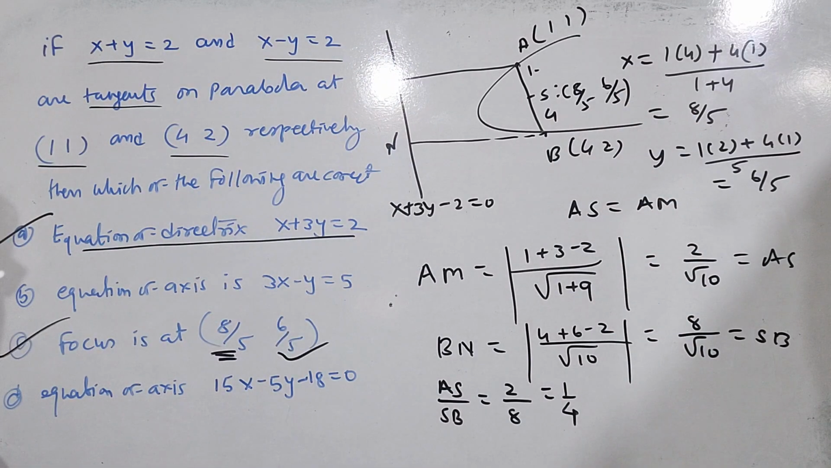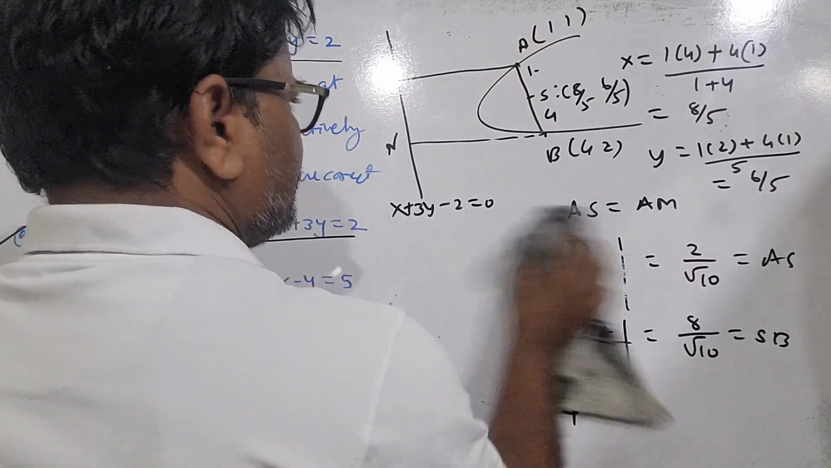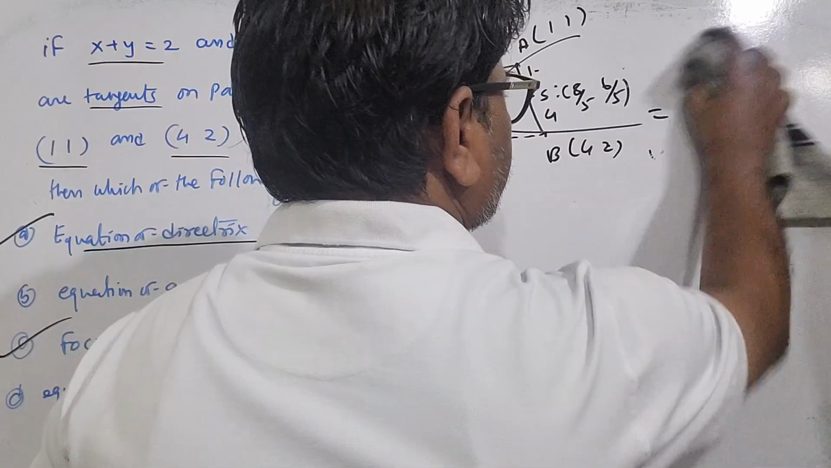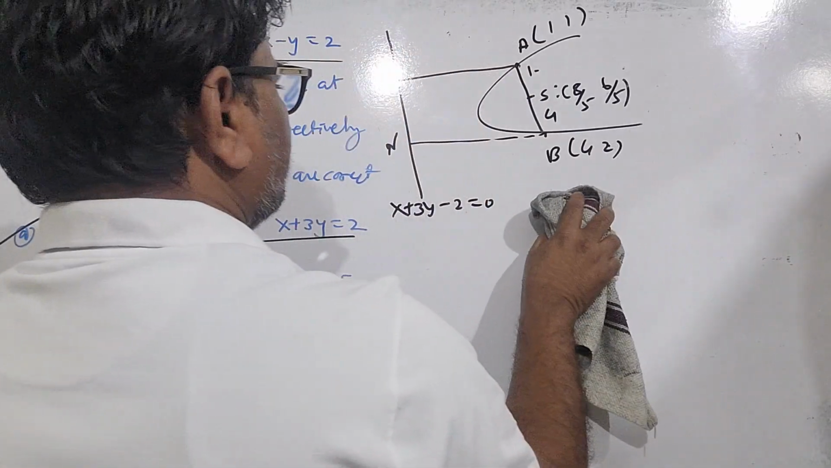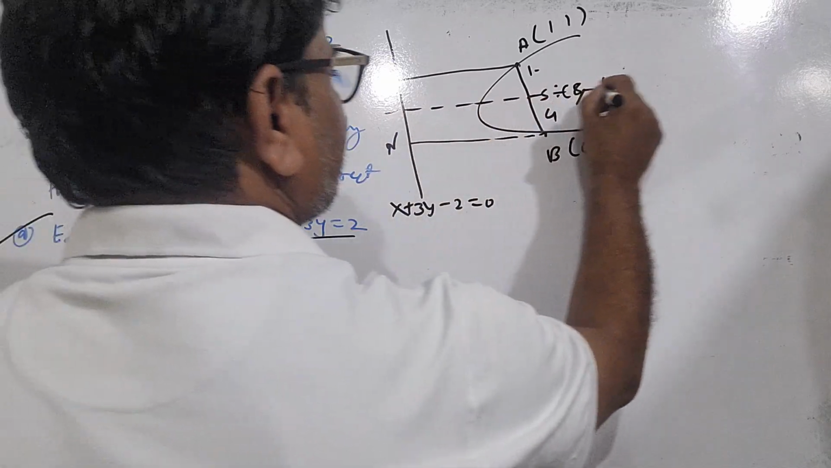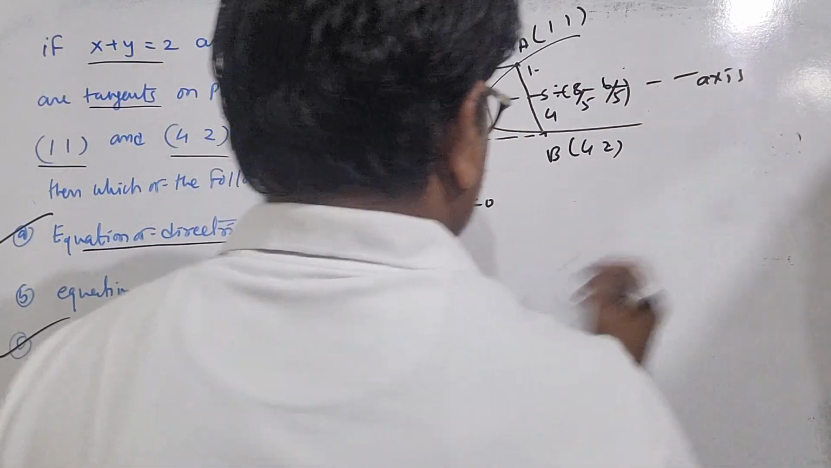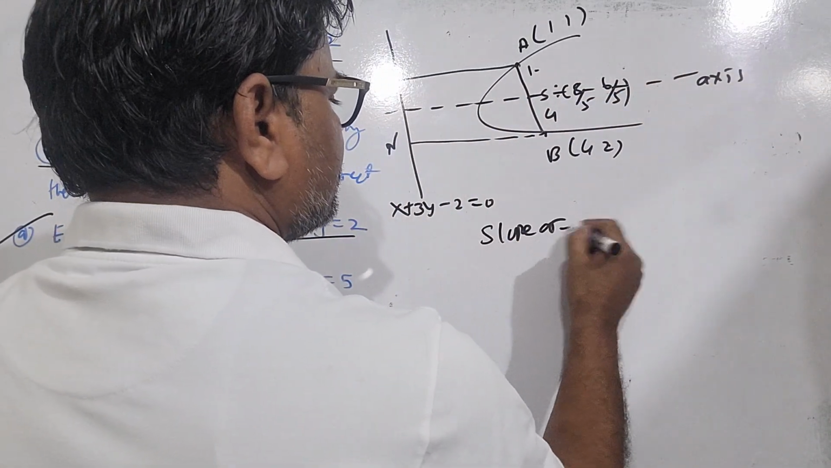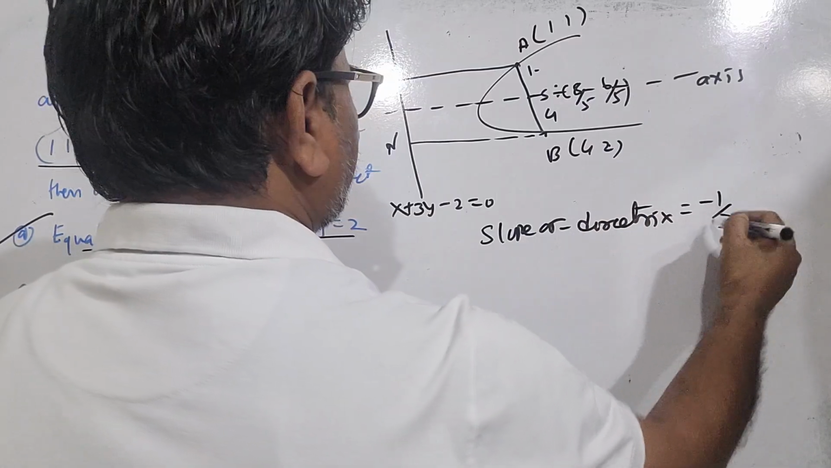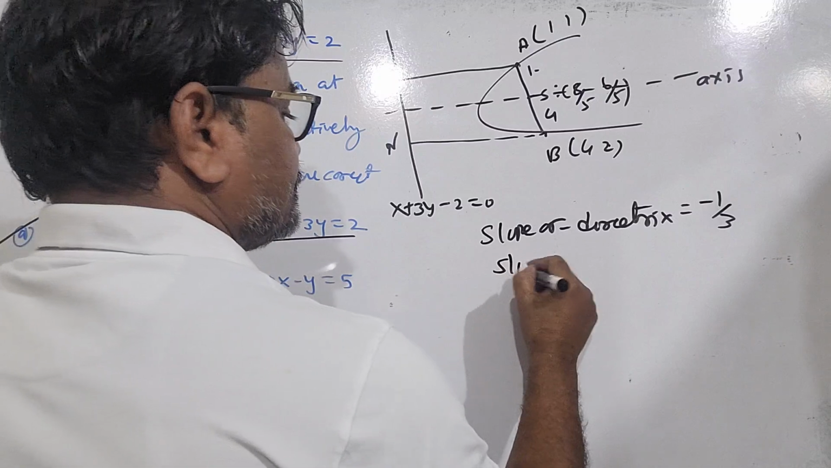Now we have to find the equation of the axis. How can we find the equation of the axis? The slope of the axis is given. The equation of the axis can now be found, because the axis always passes through the focus. This is your axis. Now the slope of the directrix is minus 1 by 3. So the slope of the axis